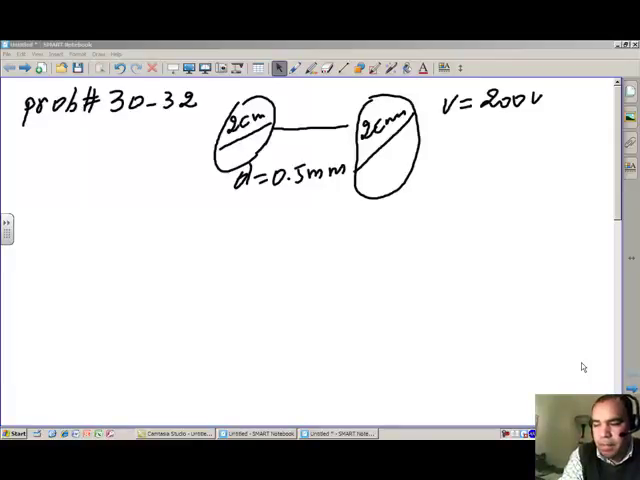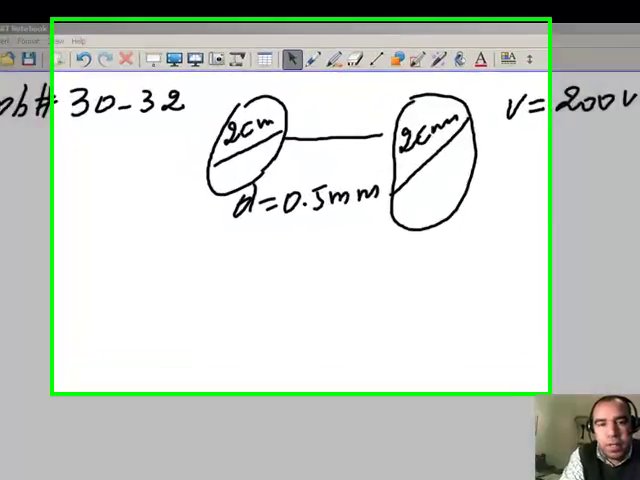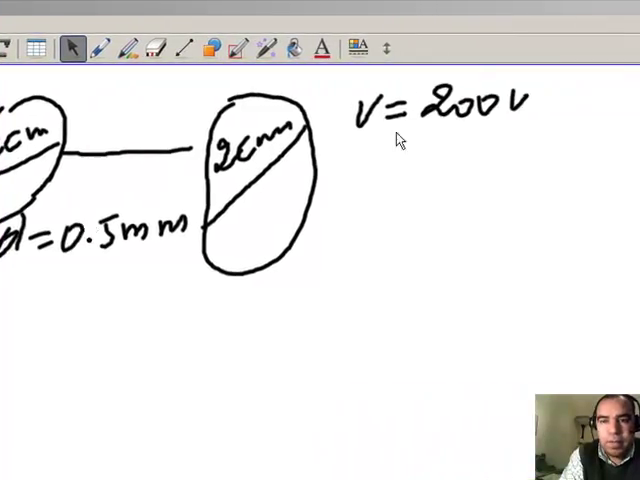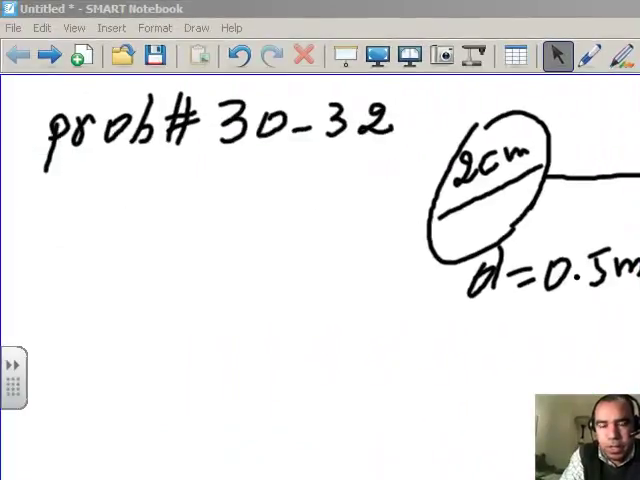Okay, this is problem 32 from chapter 30, and the question is to find the electric potential energy between these two plates. The diameter of each plate is 2 centimeters. The distance D equals 0.5 millimeters. The voltage between the plates is 200 volts. So what is the energy stored, the potential energy stored